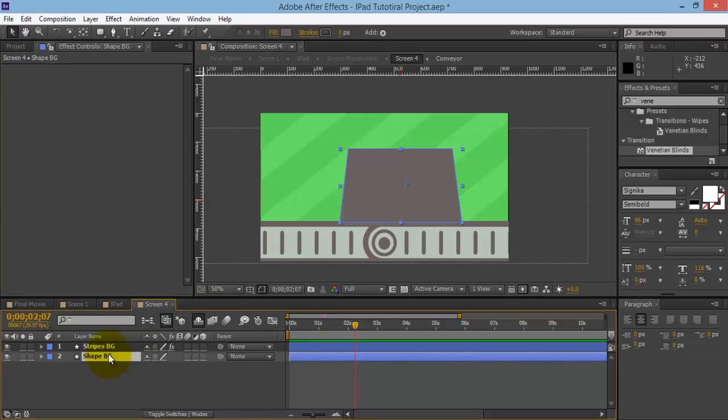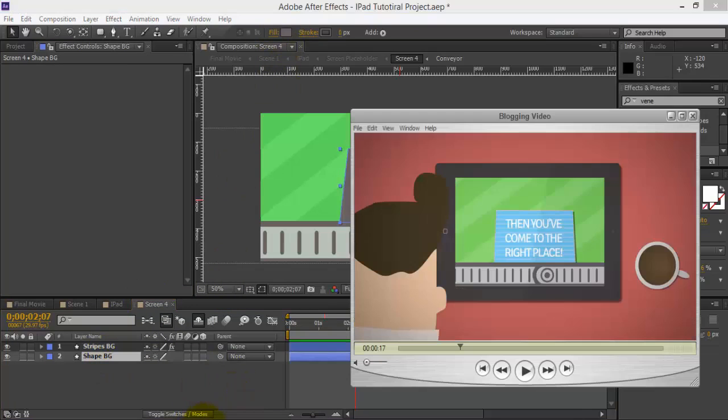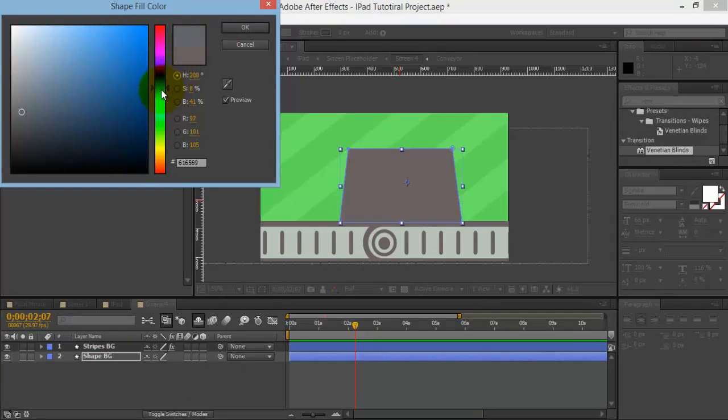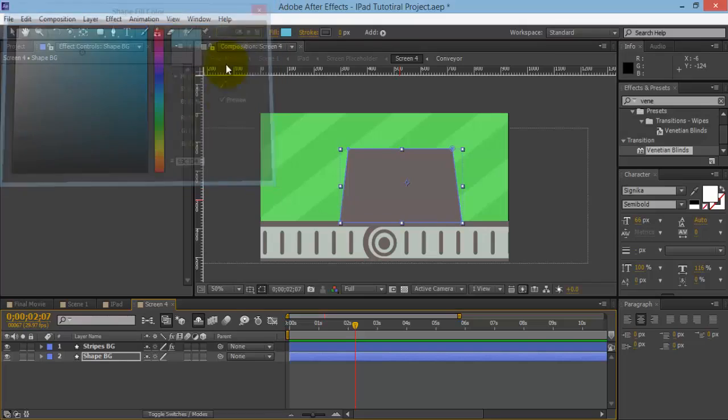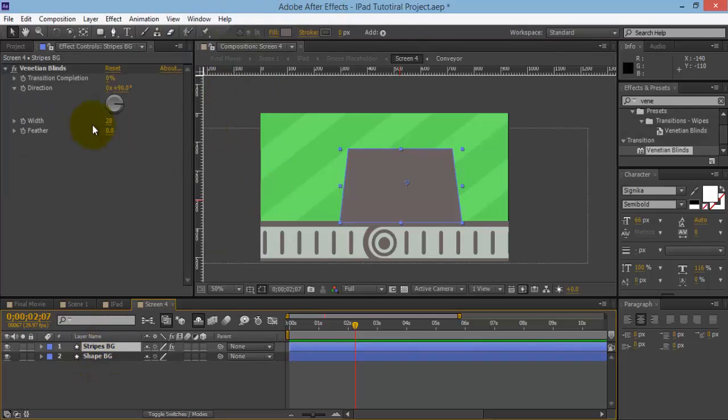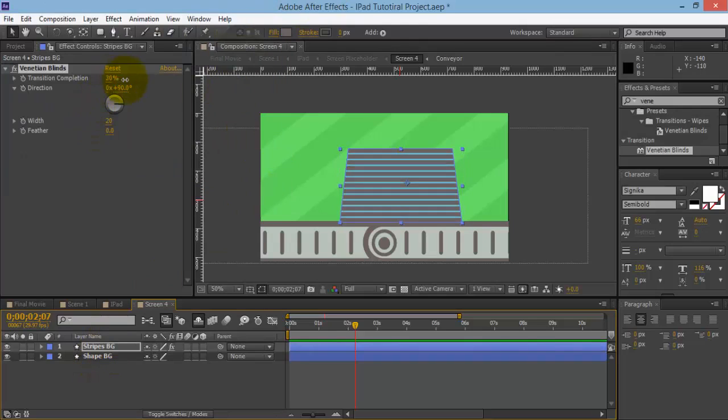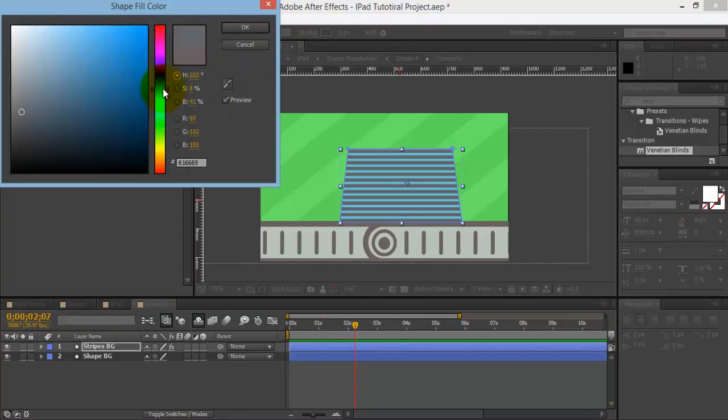horizontal line. And the shape BG, we're going to make it this kind of light bluey green color, this one down here, so maybe something a little bit lighter actually, something like that for the first one. And let's go and make these up to that kind of size yet, and we'll create this one, same kind of color but maybe a little bit darker even. So something